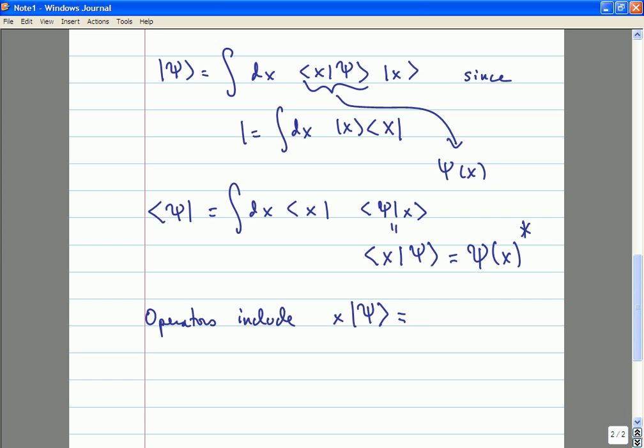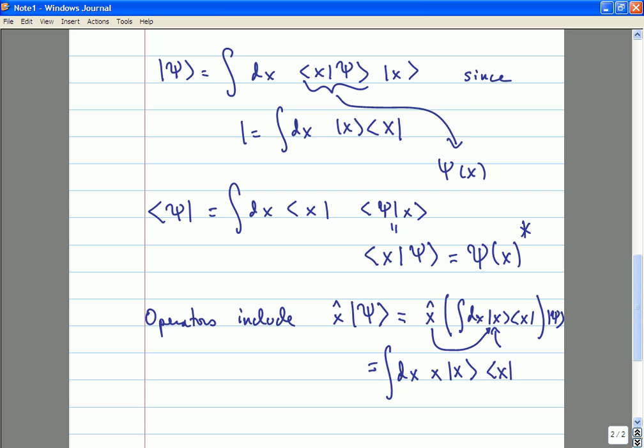Well, you just insert 1 equals the integral dx of the projection operator. And what do you get? Well, because this state here is an eigenstate of the operator x, I guess if I wanted to be particularly pedantic, I could put a little hat here so that we remember that it's an operator. We'll often be a little lazy and neglect the hats when everything is clear. So x hat acting on this eigenstate is just the number x. So we get the integral dx of x times the wave function psi of x.